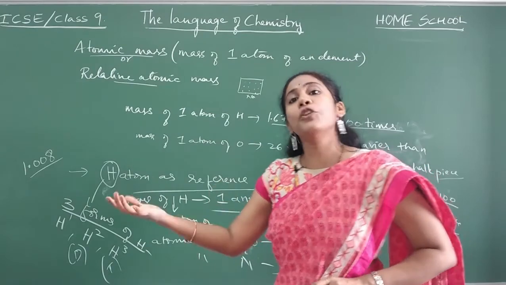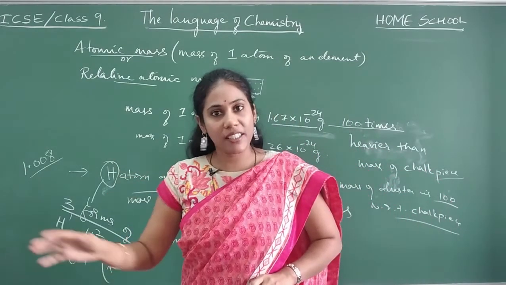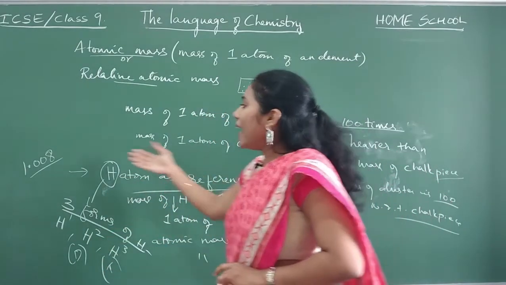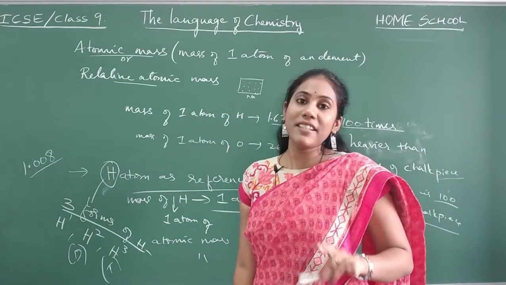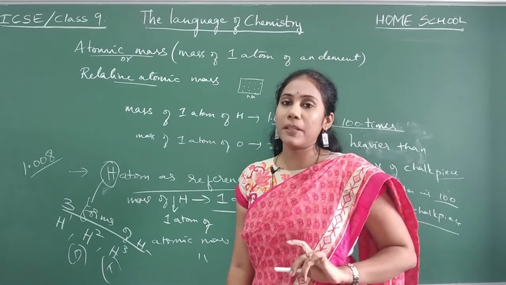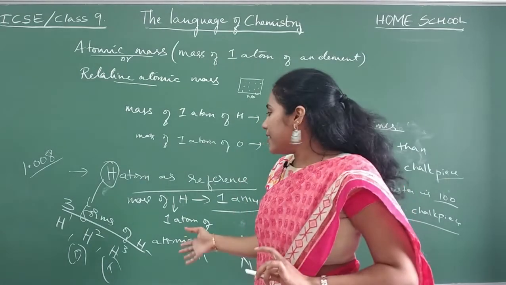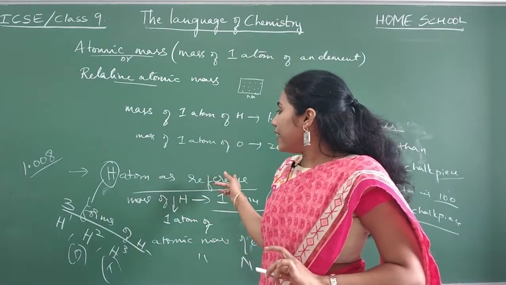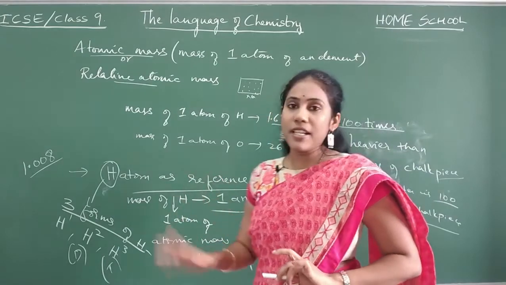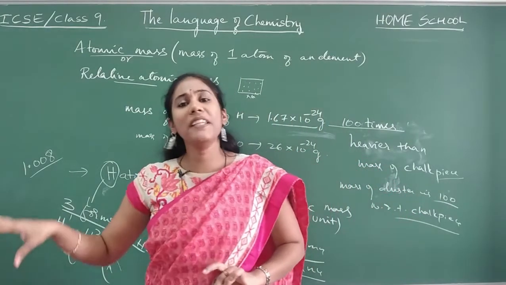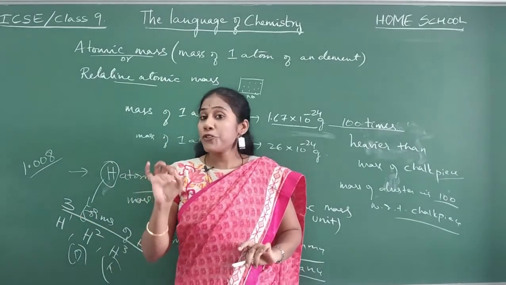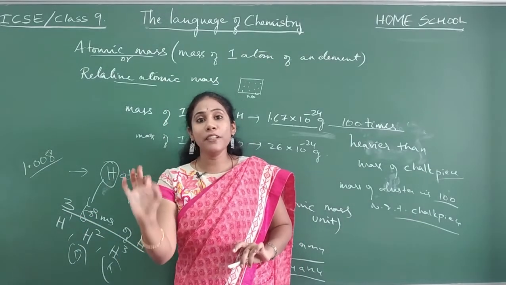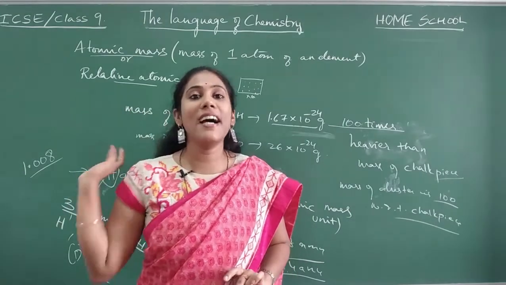It is easier to use them in calculations also further. But if you have a decimal number, again it leads to inconvenience and it is uncomfortable. So that is the reason they cancelled taking hydrogen as a reference. They dropped the idea of taking hydrogen as a reference, and so there came a new element acting as a reference, that is carbon.